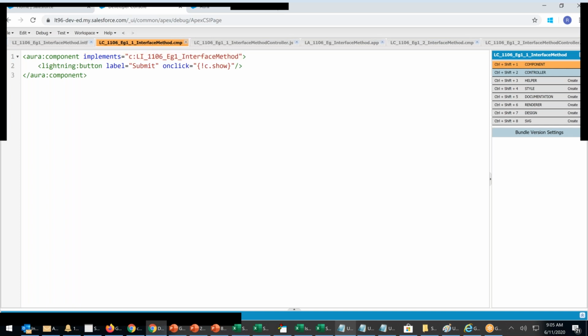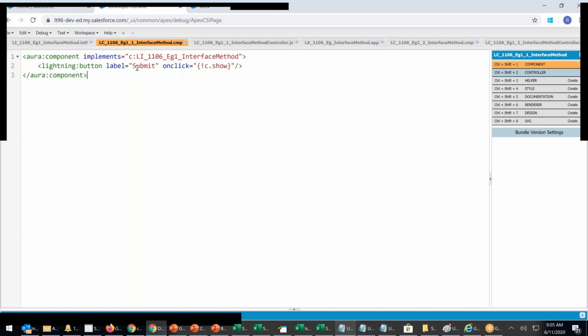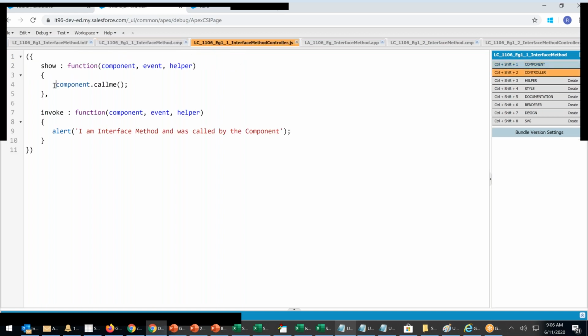First, once again, I created an interface with a method called call me. Whenever somebody is calling this interface, there is an invoke. Where is that invoke? It is not in the interface. In the method, I have two attributes. Now, in the first component, I clicked a button. As soon as you click this button called submit, the system will go ahead and call component.callme.